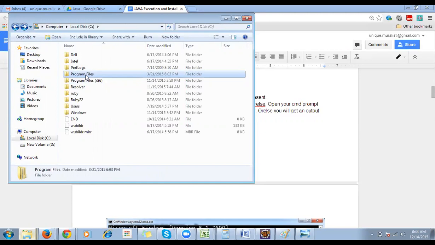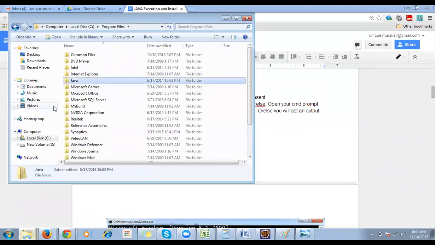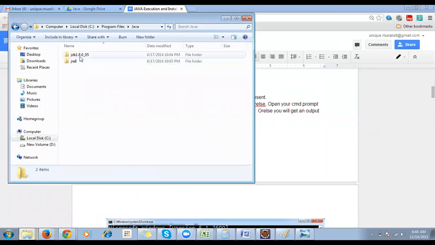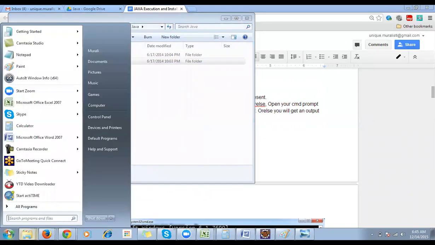So I'll just click on it. You can see Java is there. Inside the Java folder, you can see JDK. That means you have the JDK. But this alone will not confirm that you have actually installed the JDK. You have downloaded the JDK package, but we are not sure whether you have the JDK installed in the system. So for that, go to My Computer, right click,